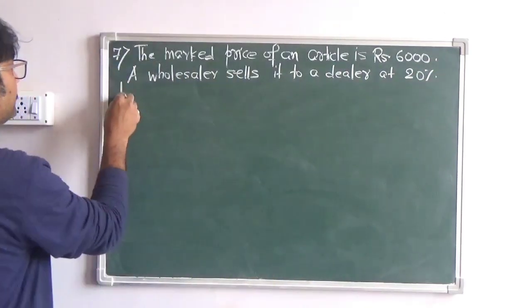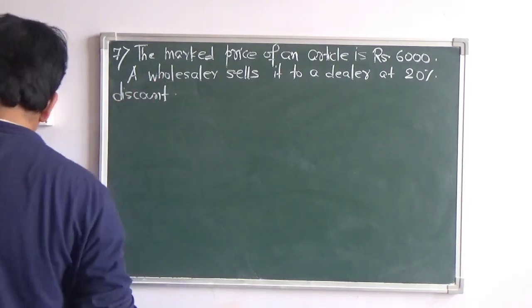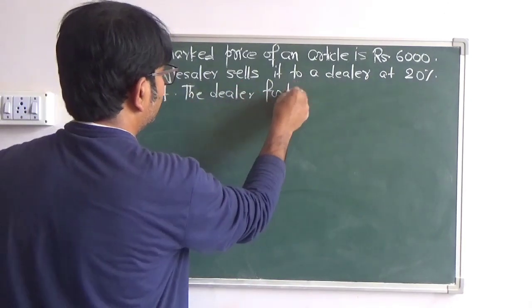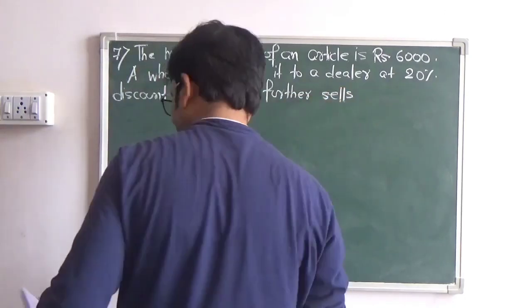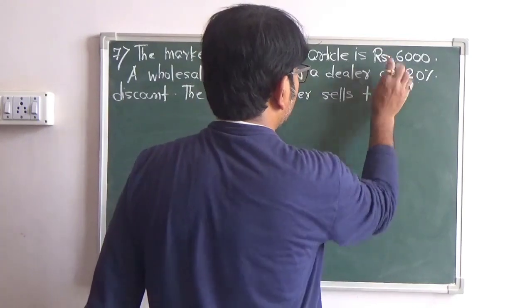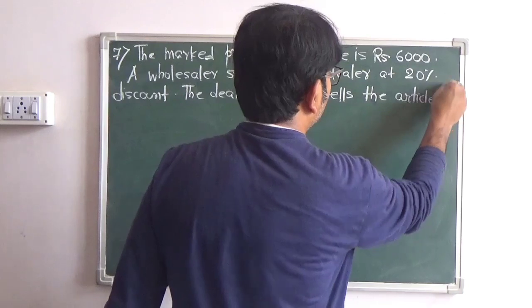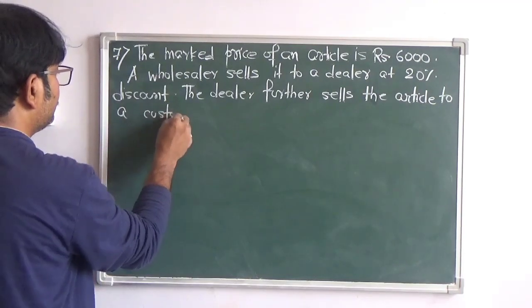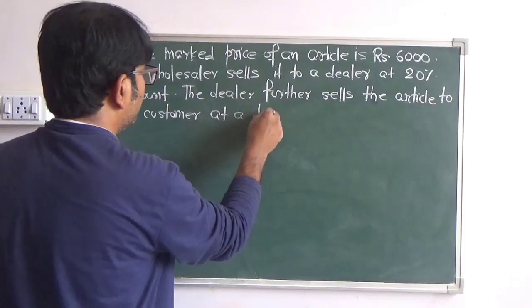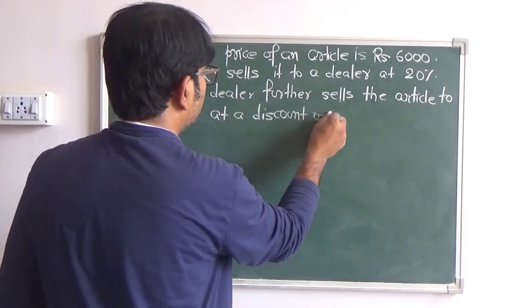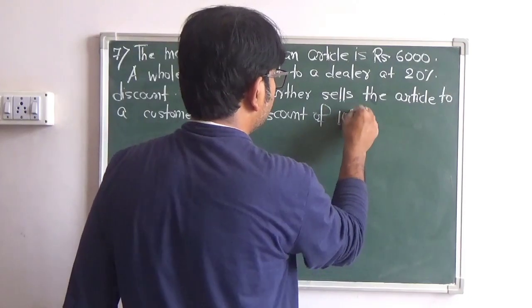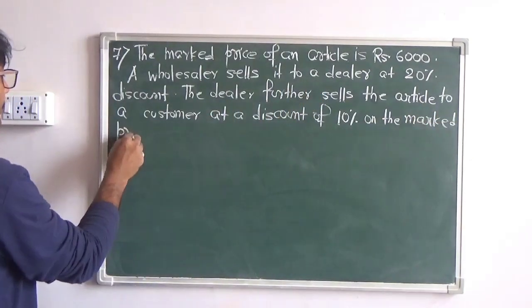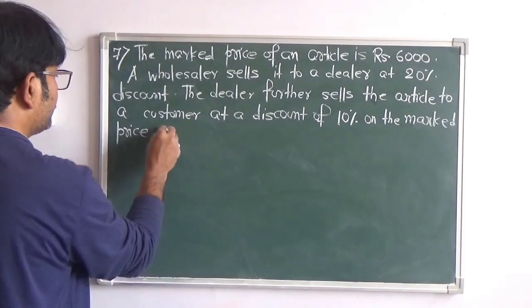The dealer further sells the article to a customer at a discount of 10% on the market price. If the rate of GST